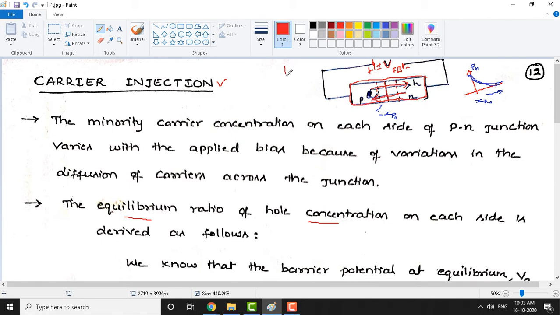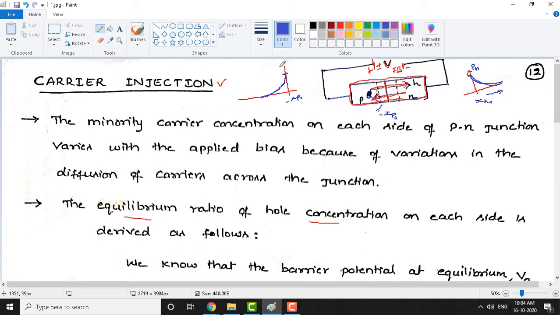So, at the edge of a depletion region, if you plot here as a graph, you can show this density of the electrons in this case, since electrons are injected from n side to p side. At the edge of the p region, if you observe, the electrons are something like this. Okay, so it goes like this. It is exponentially, it keeps decreasing. This graph shows that at minus xp naught, at edge of the depletion region to the p side, you have large density of electrons.